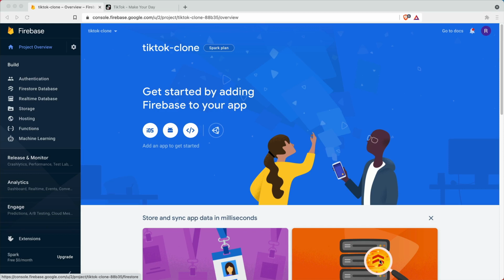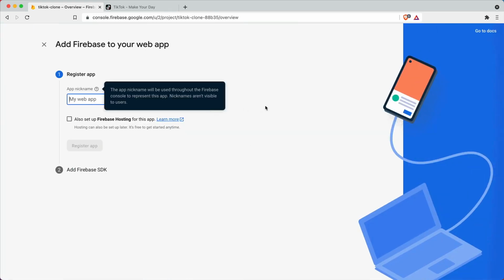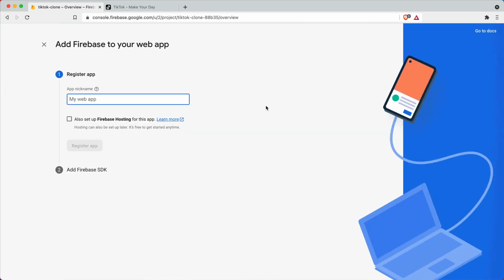Now that we've created our Firebase project, let's connect it with our React app. To do that, we just need to click the code button here. If we click on Project Overview, we can hit the code button, and we need to register our app. So we can give our app a nickname. We can just give it the nickname TikTok clone, register it, and then we're going to be given instructions to